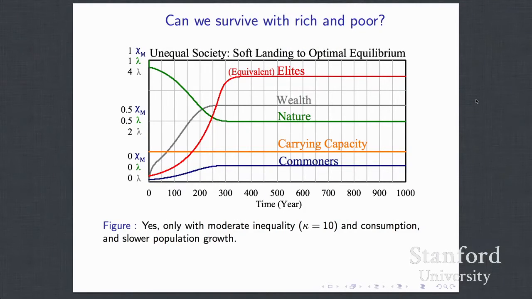So, we actually show that yes, we can. We can reach sustainability, as Herman Daly, who's one of the fathers of ecological economics, said in his 10 Commandments for Sustainability a couple of years ago. He said we have to reduce inequality to a level of 10. So we did that experiment. We reduced inequality to that level. But we also had to reduce consumption, and we had to reduce the population growth rates,